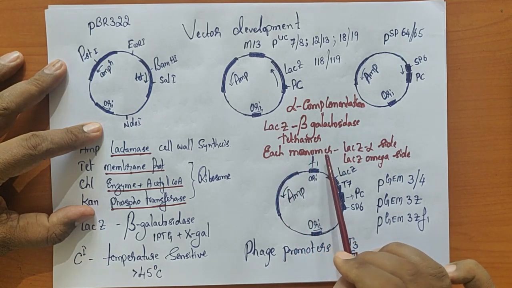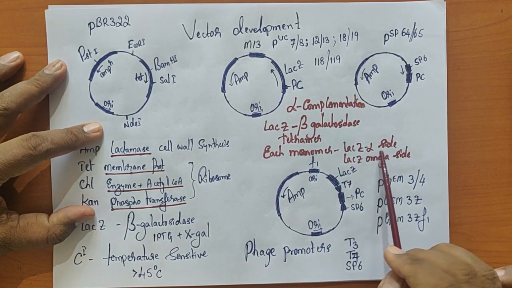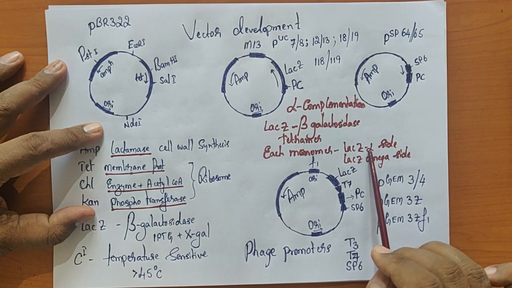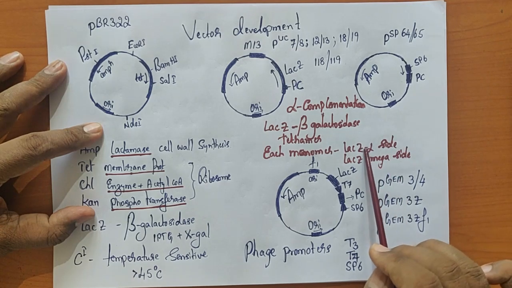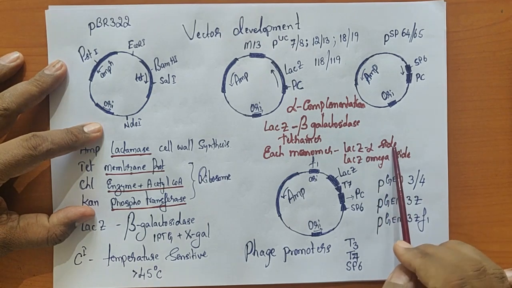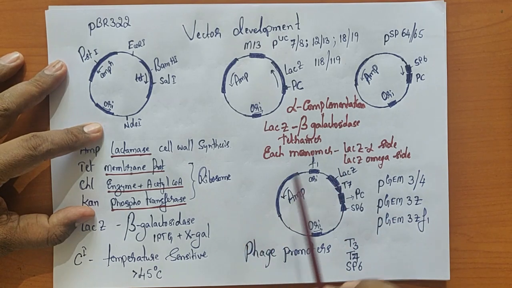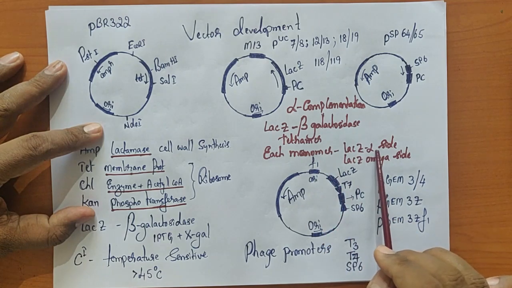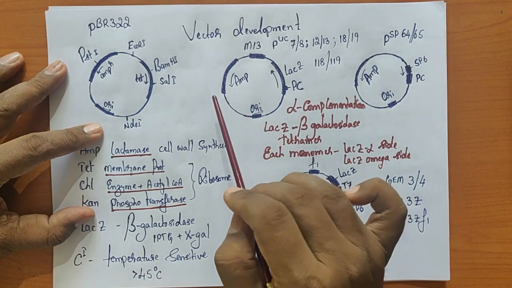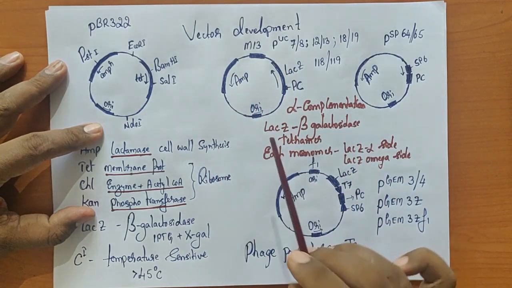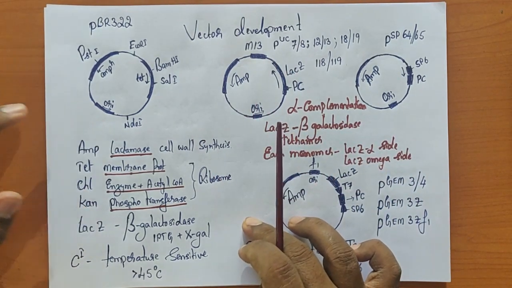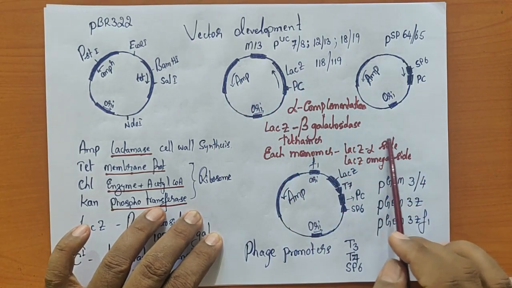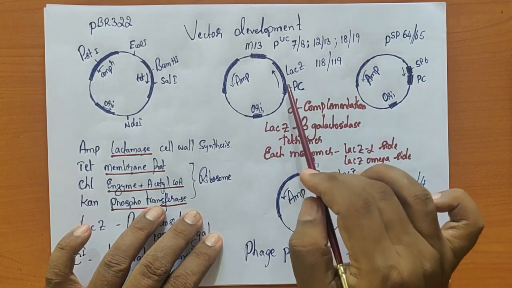Each monomer of LAG-Z DNA has an alpha site and an omega site. So if the alpha site is not present, or if it is mutated, then the beta galactosidase enzyme is not functional. So what we do is take a host cell in which the alpha site of a monomer is mutated. As a result, the host LAG-Z DNA is not functional. This will be functional only if this alpha region of the monomer is supplemented.